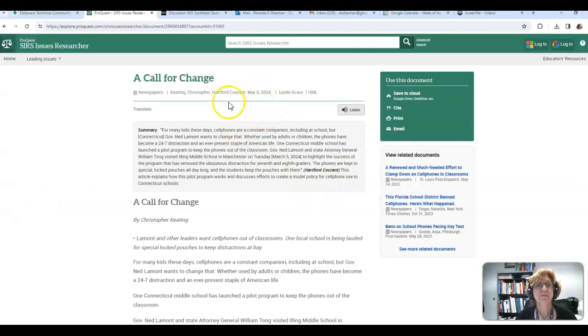Make sure they're current. Make sure that they're from a reputable source. And if it comes from University Wire, please do not choose it because I will not approve it. That's a college newspaper, not a professional newspaper. Otherwise, just make sure that the article is going to be appropriate for what you want to do.